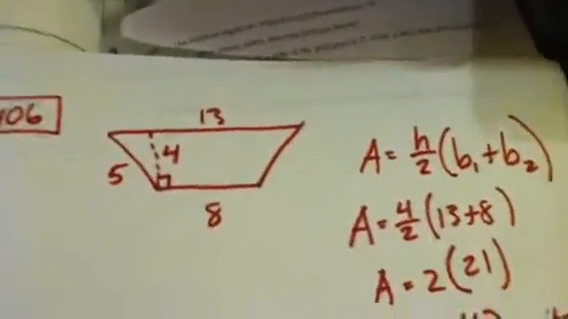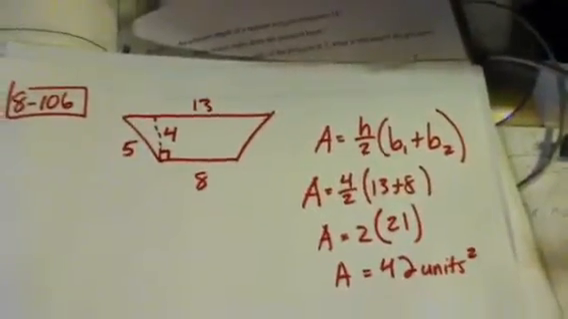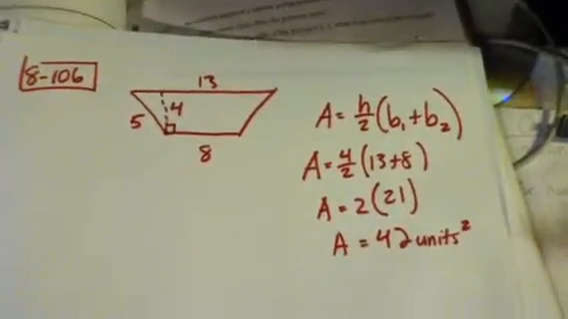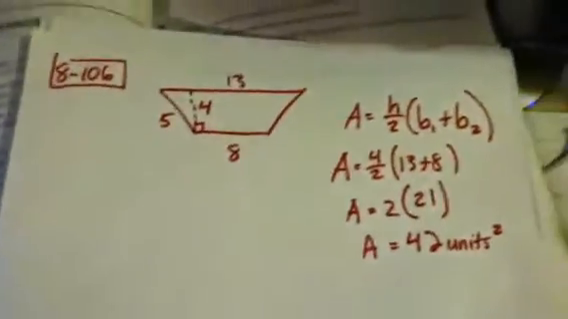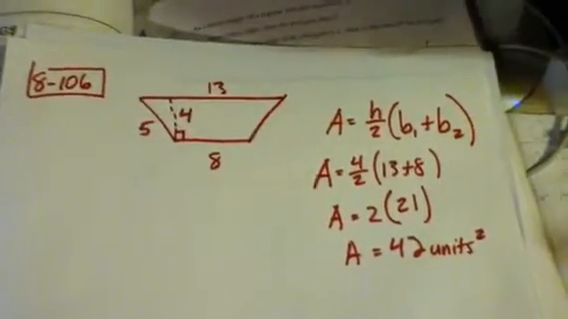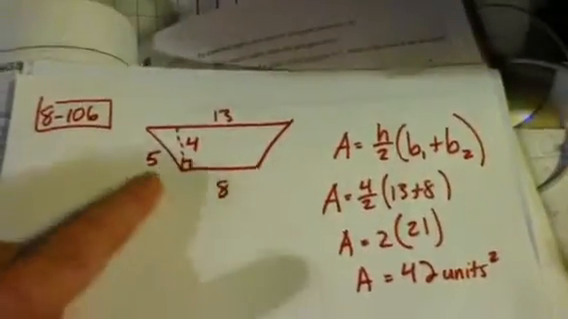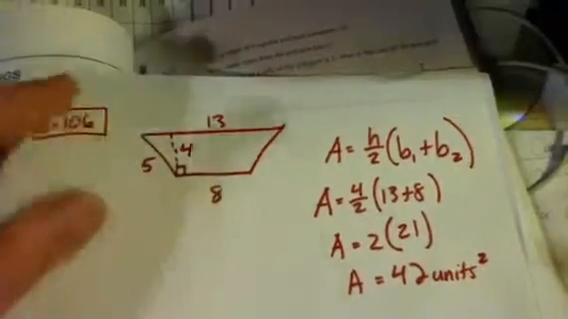I have an area formula for trapezoids. The area of a trapezoid is height over 2 times the sum of the two bases. The bases are the two parallel sides. So what I did is just plugged the numbers into the formula, and you can see I ended up with 42 units. The perimeter is the distance around, so I would add the 5, the 8, the 5, the 13,